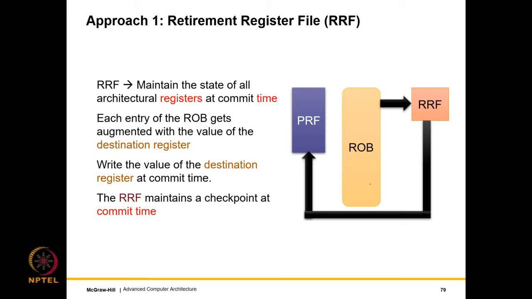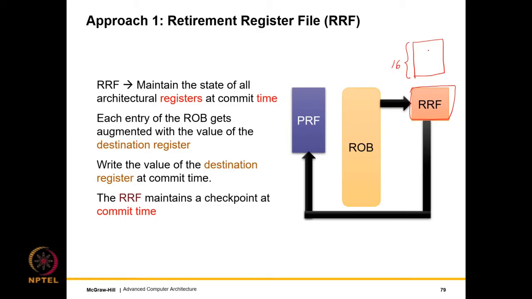Here is approach 1. The first approach is rather simple. I will not vouch for its efficiency, but in terms of sheer simplicity, it is clearly the most straightforward. In hardware, many a time we prefer simple designs because it is easy to design and verify many of these protocols, and simplicity by itself has its merit and value. So what we do is introduce a new register file. This is an architectural register file, mind you. It's called the RRF, the retirement register file, which, if there are 16 architectural registers, will have 16 entries.